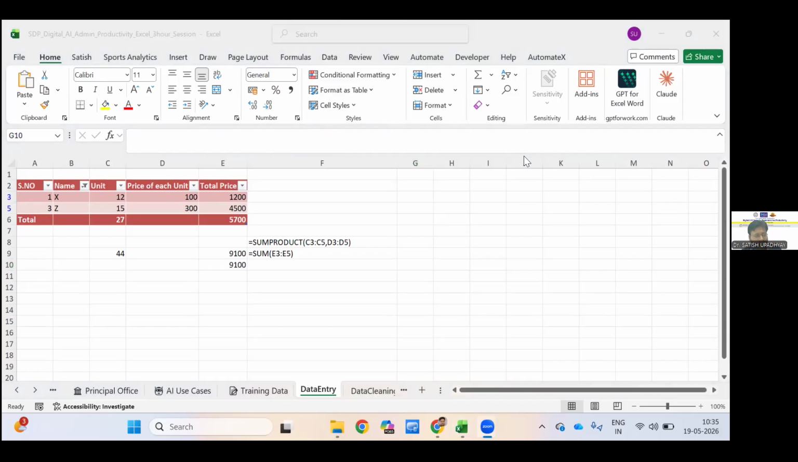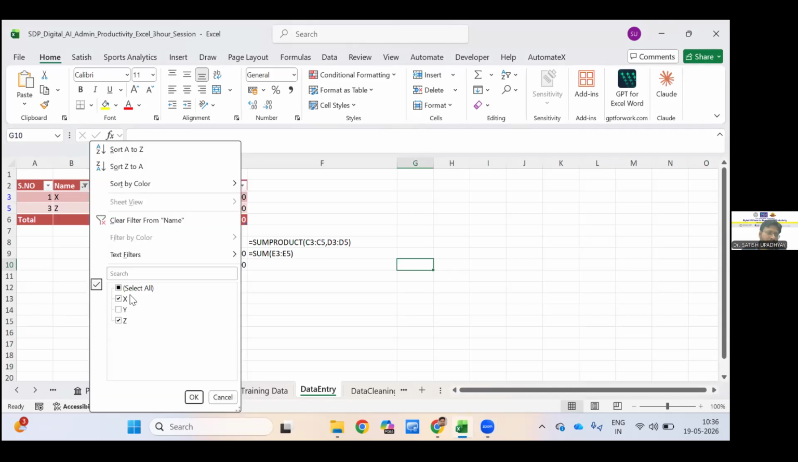Let's say you have done the data entry. After that, you have converted the data into a table format. Within the table format, you have explored many features which you cannot do manually when you have not converted this into a table format. For example,